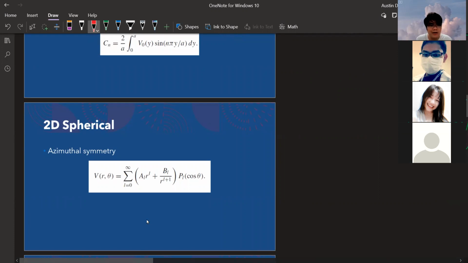Okay, let's talk about the spherical na two-dimension lang. Ibig sabihin nun, 3D siya pero